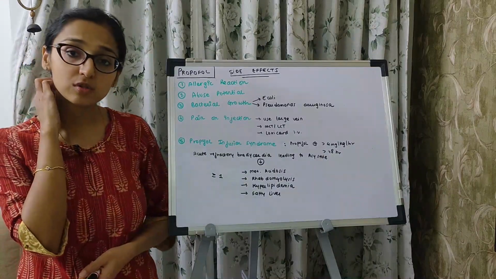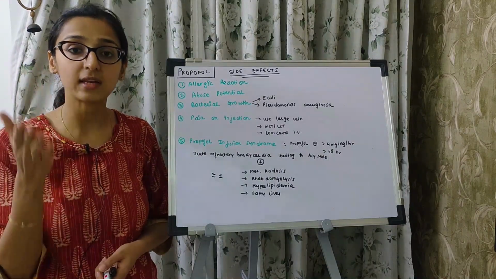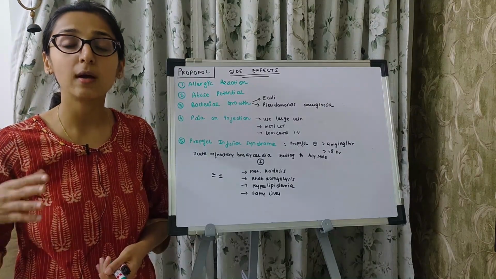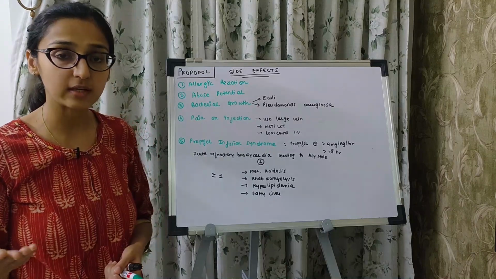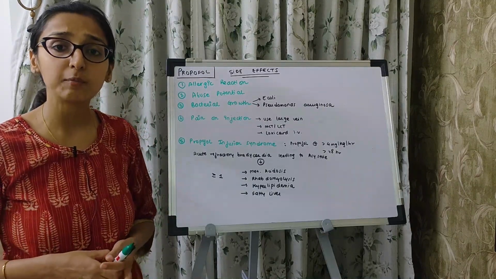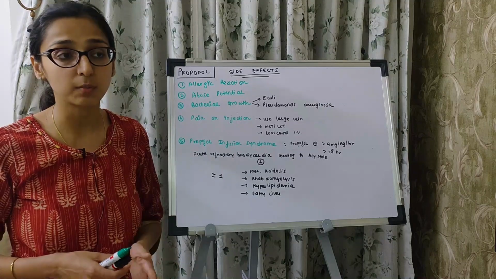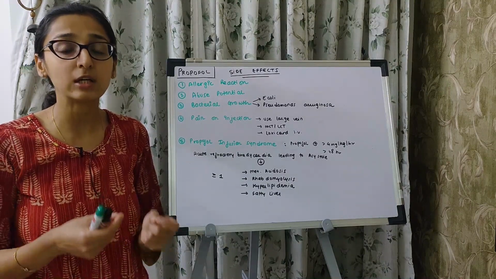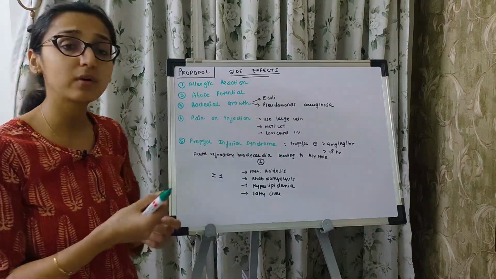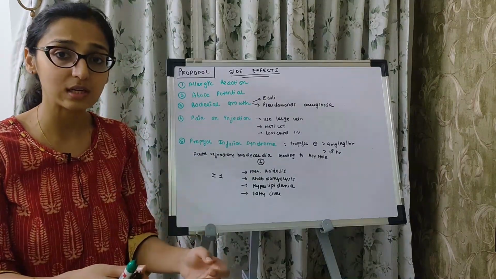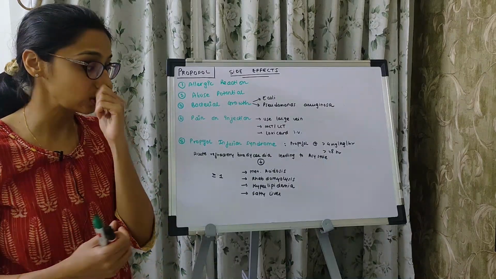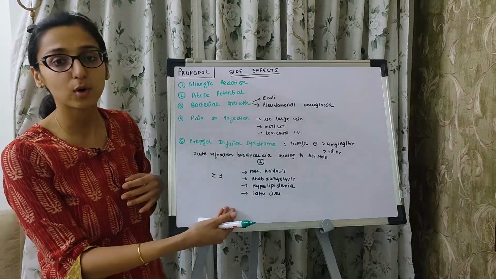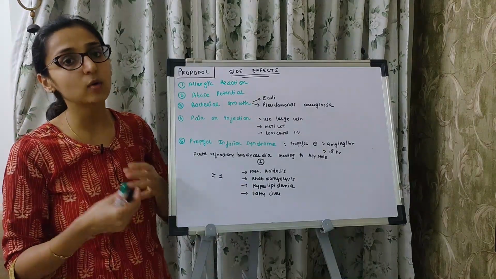Now, propofol infusion syndrome is also a complication, wherein a patient who is receiving more than 4 milligram per kg per hour of propofol infusion in the ICU for more than 48 hours is predisposed to propofol infusion syndrome. So how are you going to know that the patient has propofol infusion syndrome? You will see very acute refractory bradycardia progressing towards asystole. Along with that, the patient also has metabolic acidosis, or the patient can have the following features. At least one or more have to be present.